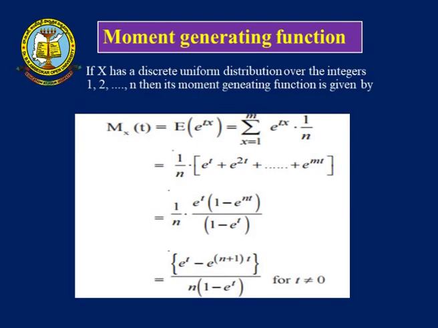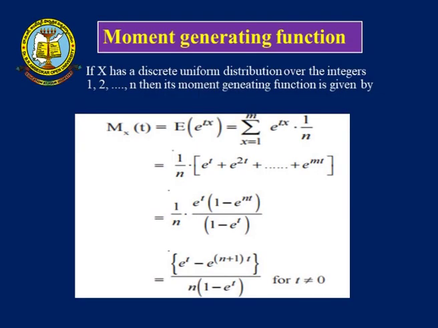Now we are going to discuss one more important property of the uniform distribution, that is the moment generating function. So, what is a moment generating function? How to find the mean and variance of that particular distribution? Before that, first we would like to define the moment generating function. If x has a discrete uniform distribution over the integers ranging from 1 to n, then its moment generating function is given by